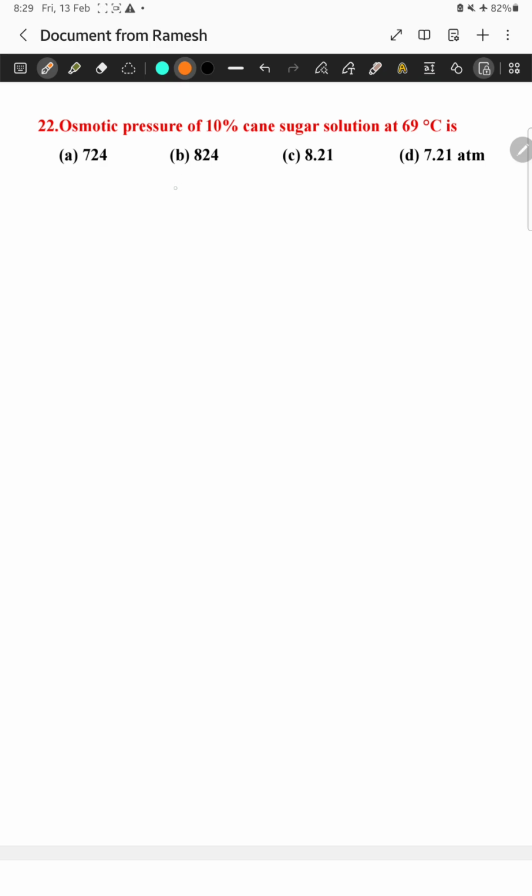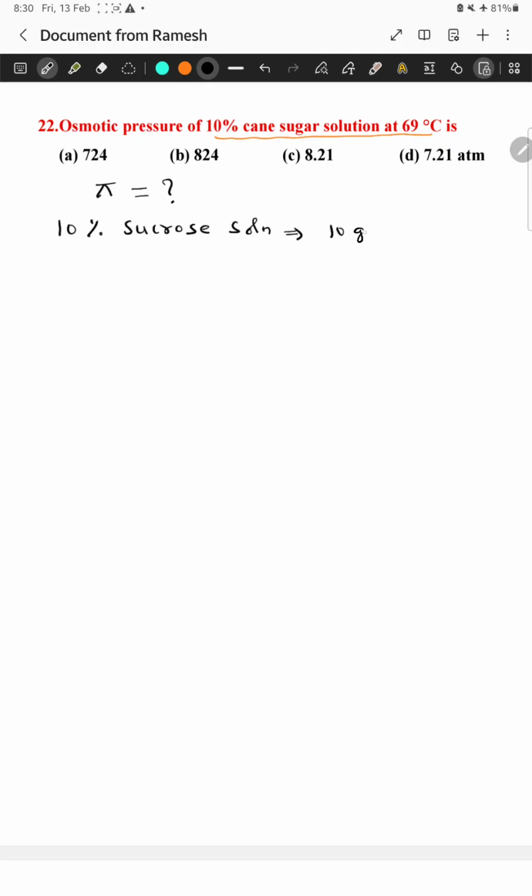Okay students, coming to question number 22. Osmotic pressure of 10% cane sugar solution at 69 degrees Celsius is. So they are asking for osmotic pressure. The osmotic pressure symbol is Pi. What is the meaning of 10% cane sugar? Cane sugar means sucrose. So a 10% sucrose solution